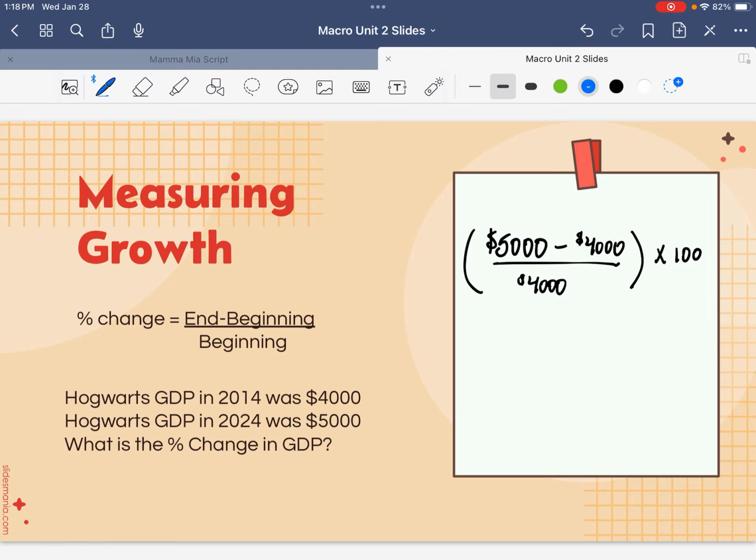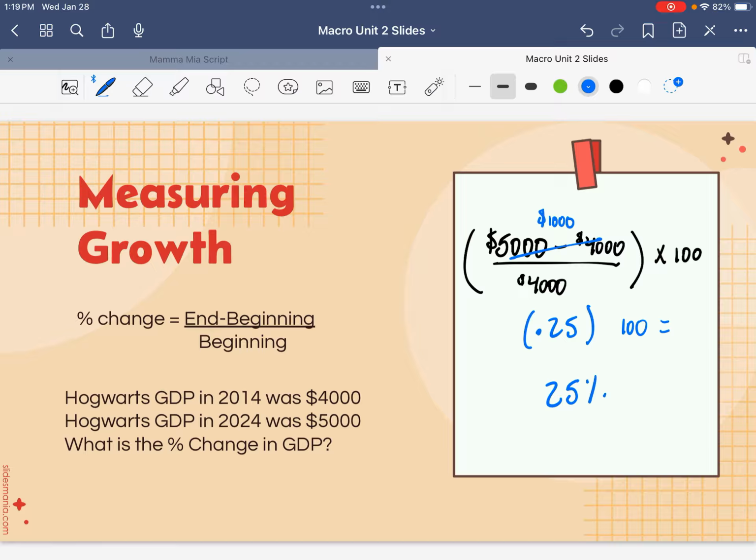We need to remember our PEMDAS, our Please Excuse My Dear Aunt Sally. We've got to take care of these parentheses first, especially what's on the numerator. So I'm going to get rid of that. It's now 1,000. Now I have 1,000 divided by 4,000, which is going to be 1/4. So I get 0.25 all times 100, and I get